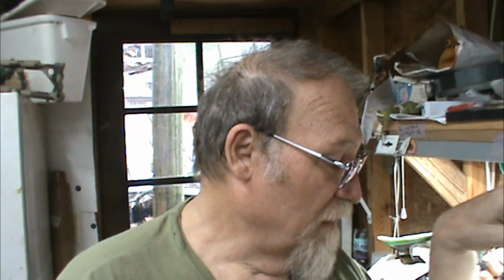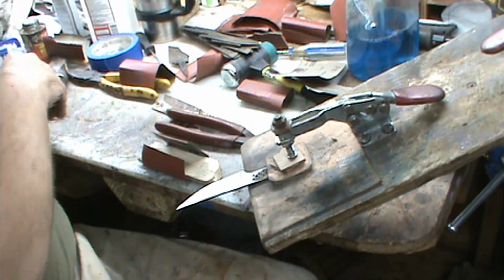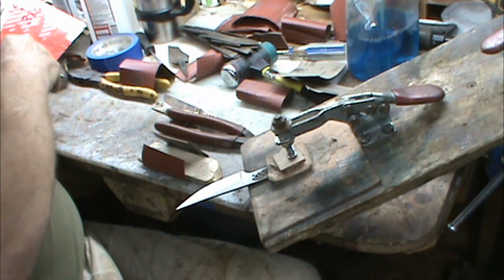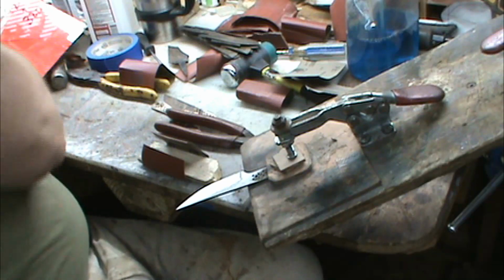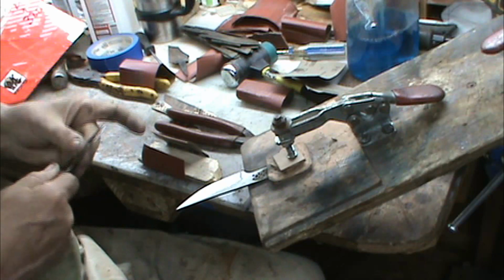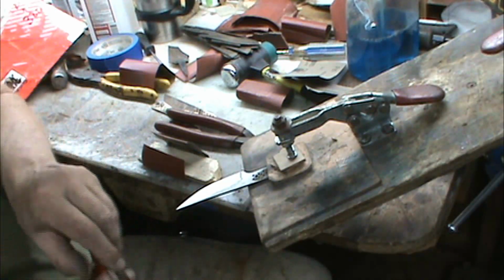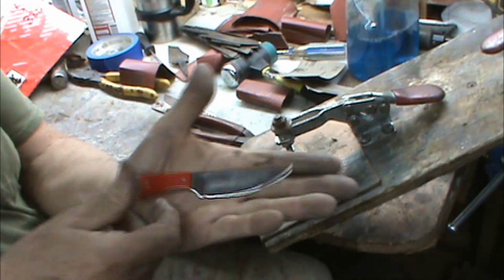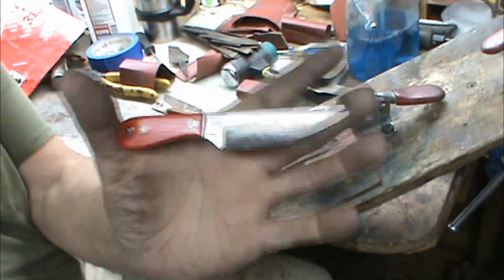So, but right now I am hand sanding on a neck knife. Right there. I've got, where's that? I've got one. There it is. Yeah, it needs to be buffed a little bit more, and it's not been sharpened or anything like that. But here's a little neck knife. So right there,